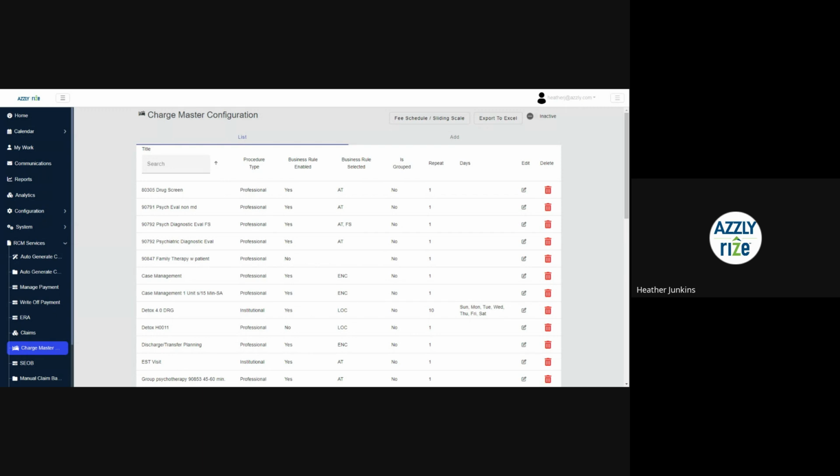This is a walkthrough of how to set up your charge master for your peer support services that you would like the system to auto calculate your increments for the billing purposes. So the system will look at each of those encounters that we just walked through the setup for. When your clinicians sign off on their note, it will take the time spent with that specific patient. And when the claim is populated in your auto-generate claims, the time will match the exact time that was spent